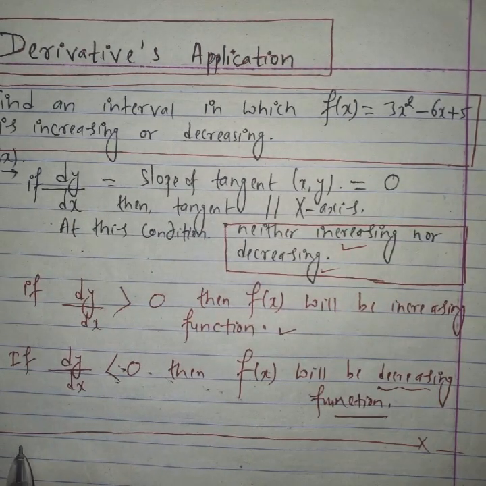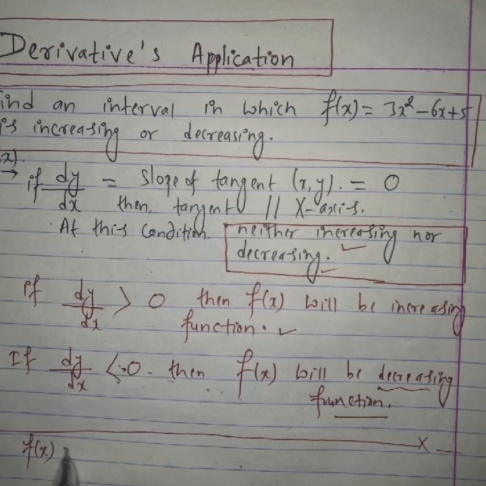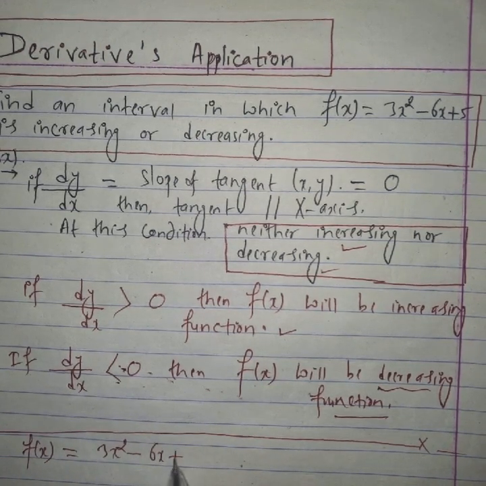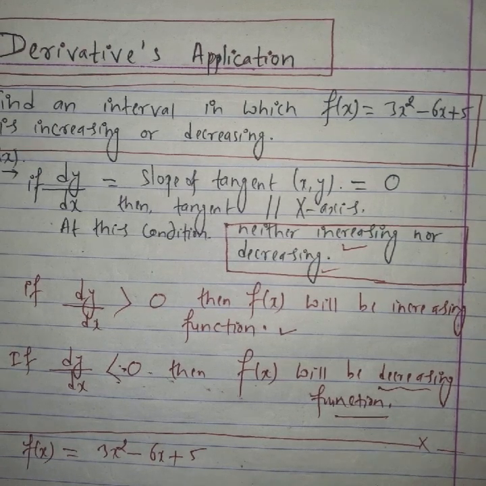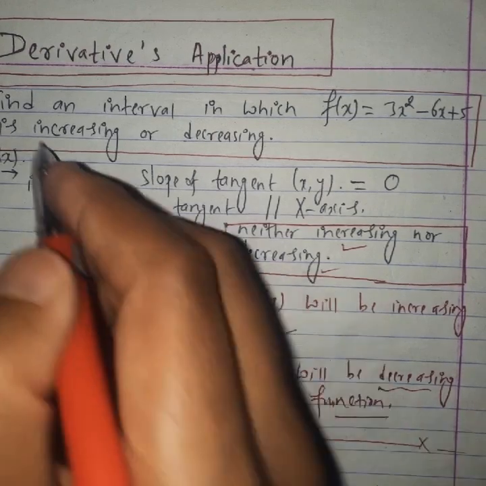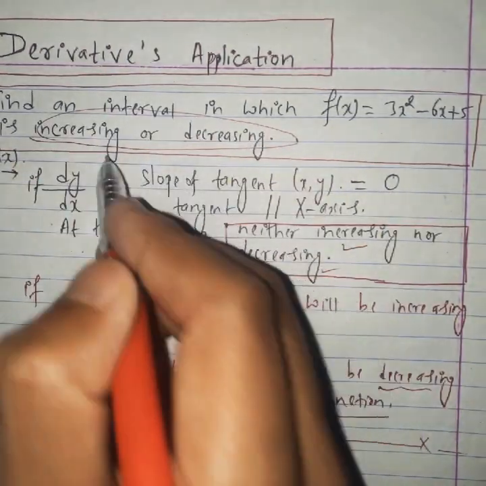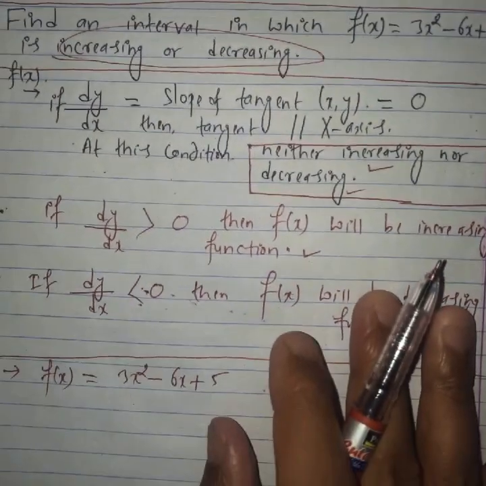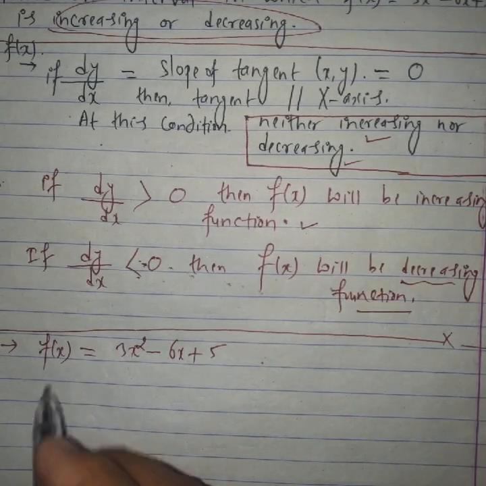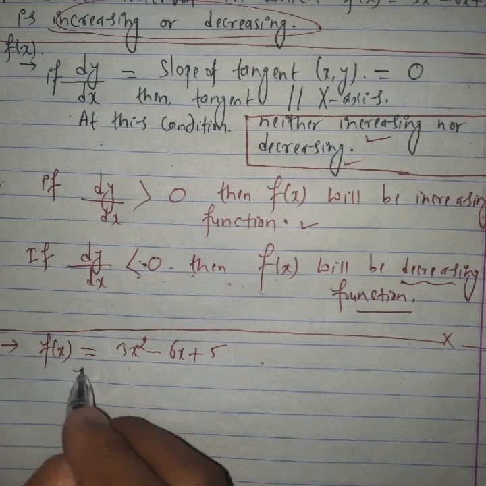Here the given function is f of x equals 3x square minus 6x plus 5. This function f of x is given. We are going to evaluate the interval for the increasing and the decreasing. Before calculating the interval of increasing and decreasing, first of all we have to calculate the first